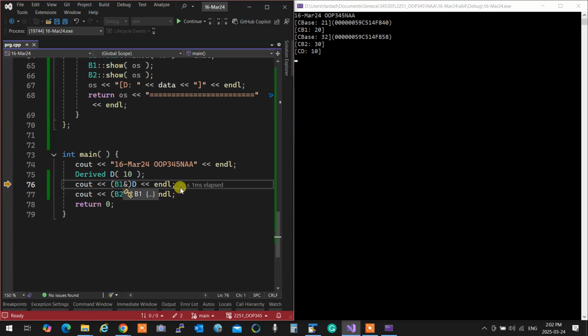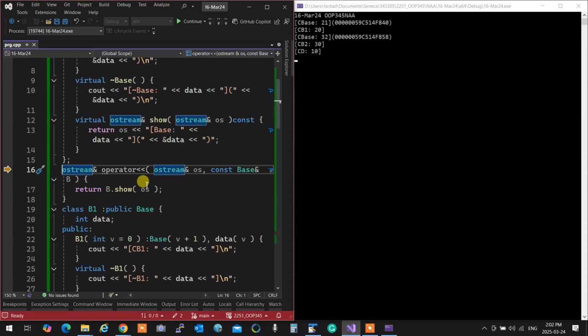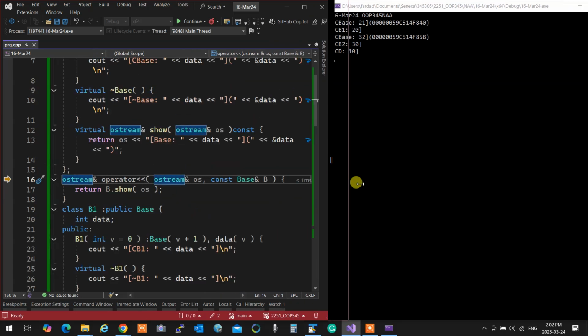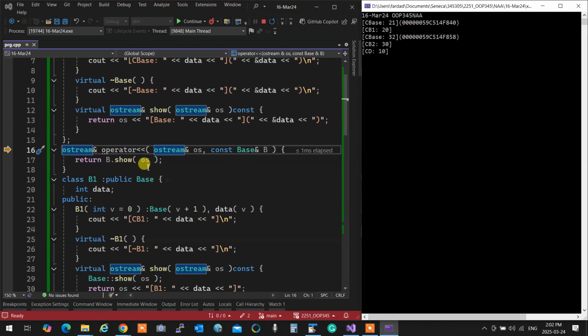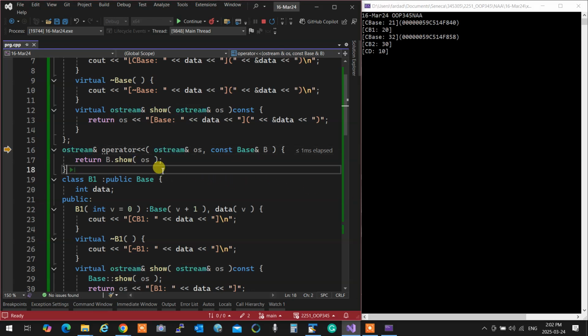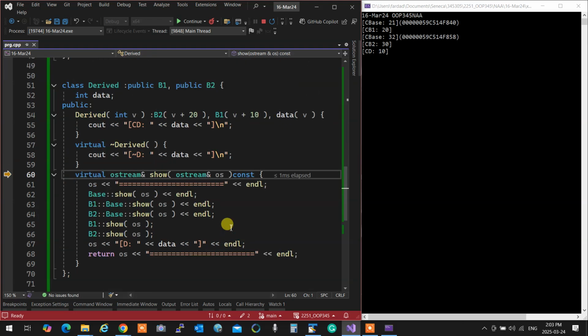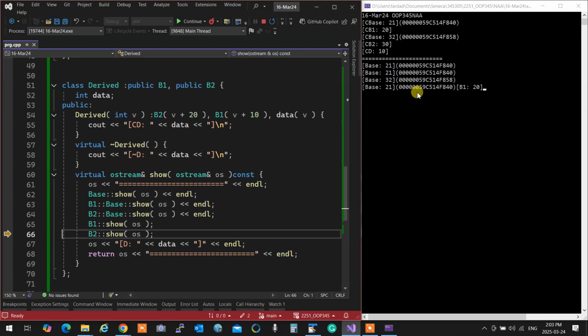So now when I'm going from that direction, I'm saying show B1. So what happens, it goes to the overload that is for B1. And therefore, the show for it will show the base of B1, and it keeps going like that. You see that?